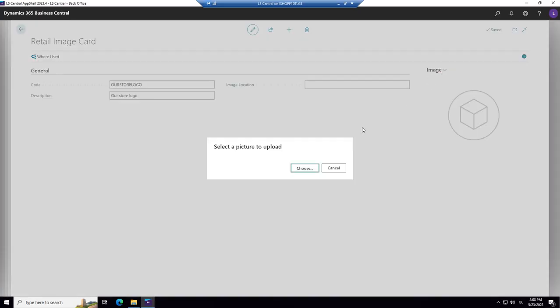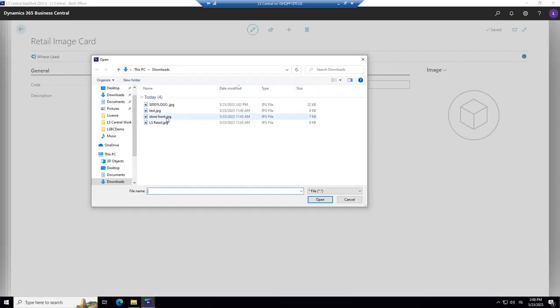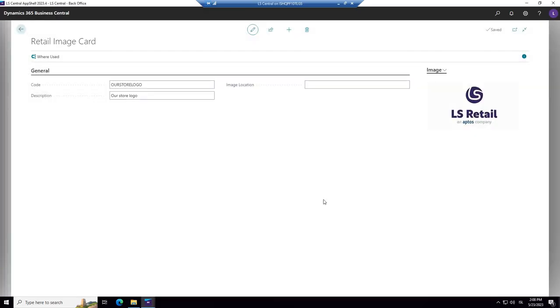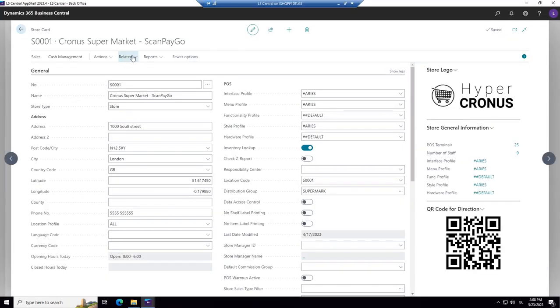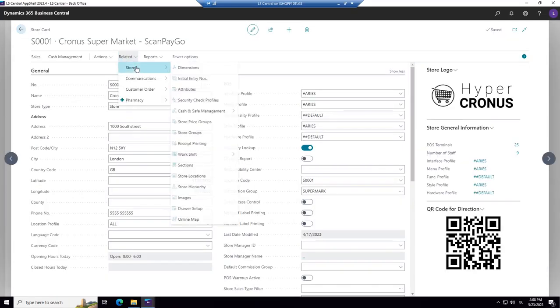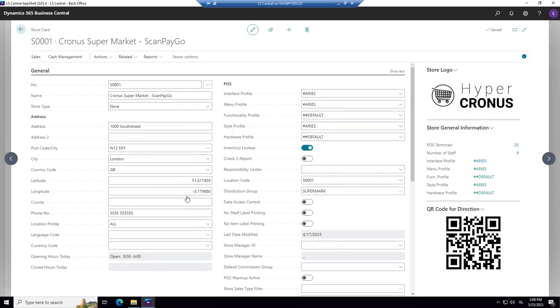By doing it this way, we are not changing the image that was already there. I already prepared an image which I downloaded, the Alice Retail logo. You do your logo. Let's go back. Now we go to related, store, and back into images.